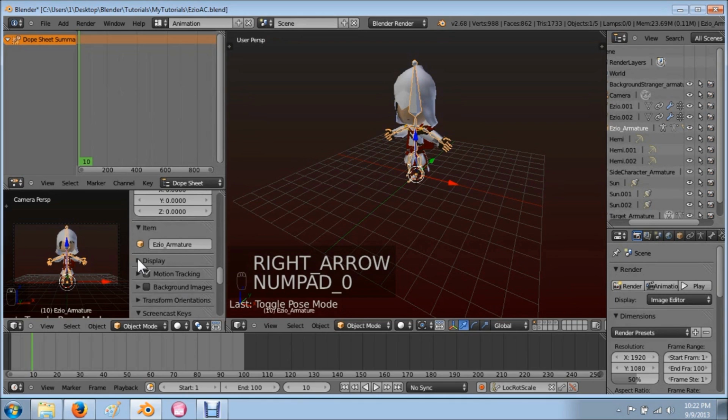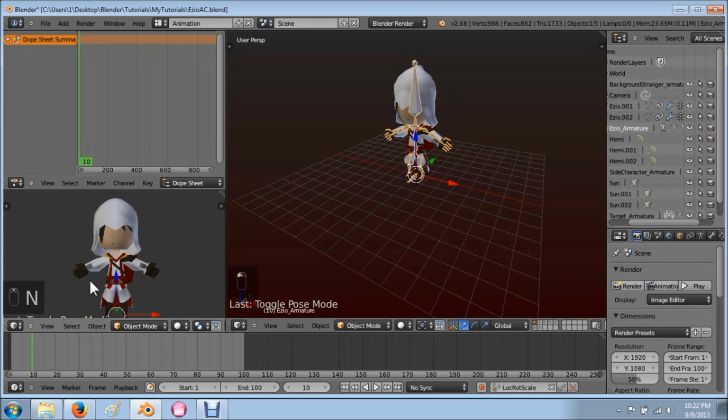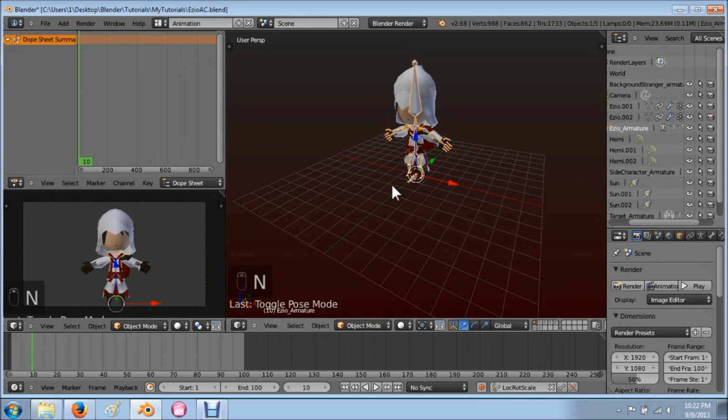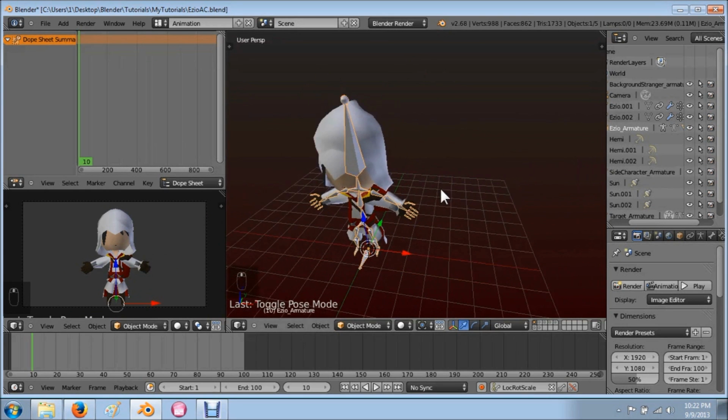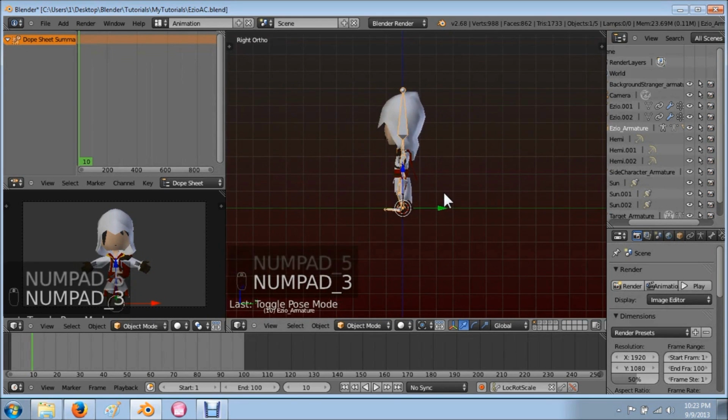Haven't done this part in a little while, so if I hit only render over here, it'll show me only the render in just this section and not this section. So you can see that I cannot see my bones down here. My bones. So yeah,